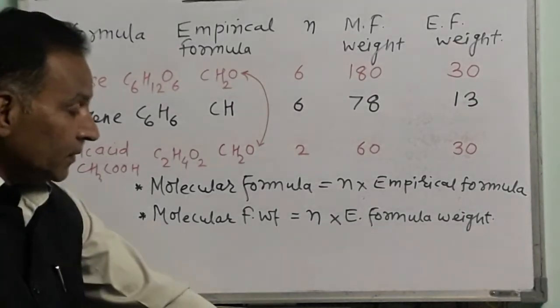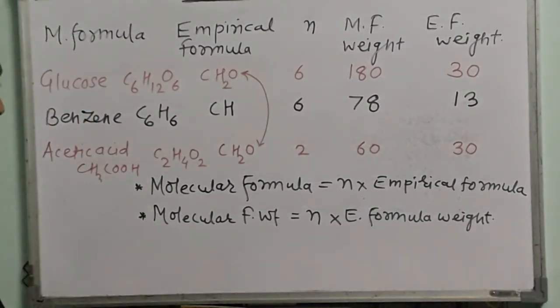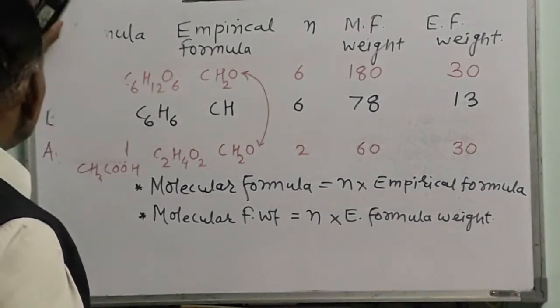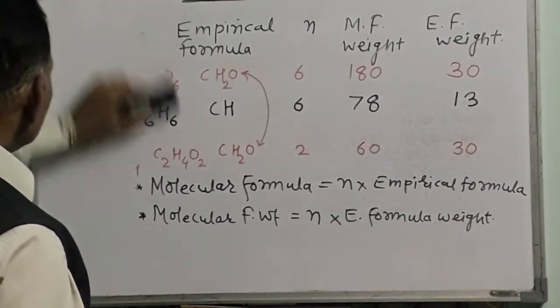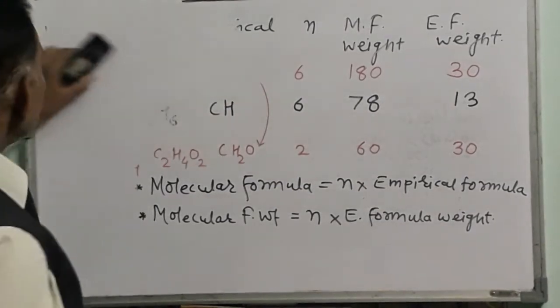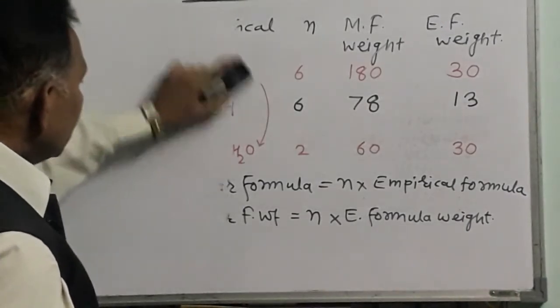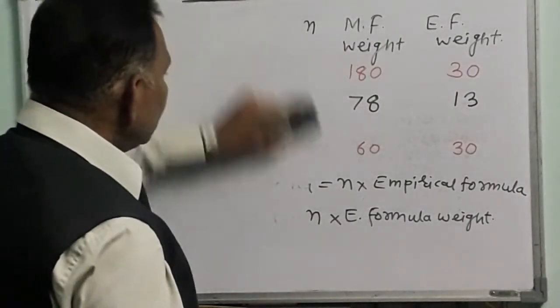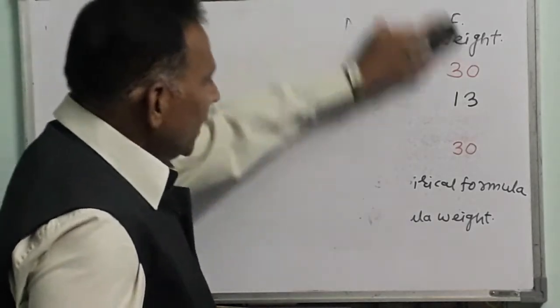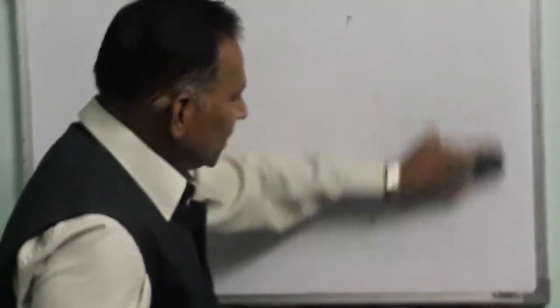Now the problem is how percentage composition and this empirical formula, these two are related with each other. Now see the example. I will repeat the example that we have seen in the earlier video, and then we'll see how these two are related to one another. See now, what we have taken in the earlier video, we have taken the molecule of CH4, and in CH4 we have calculated the percentage of carbon and percentage of hydrogen.